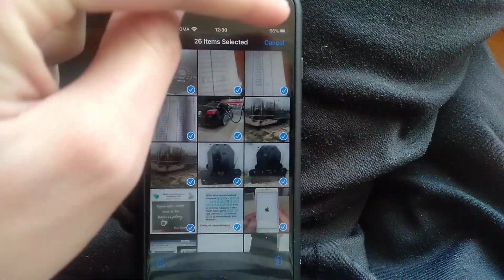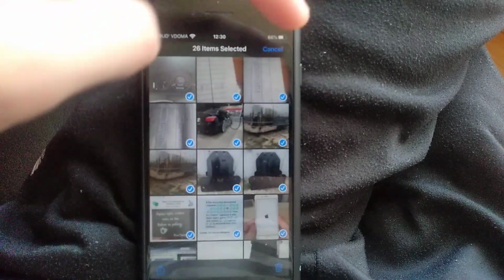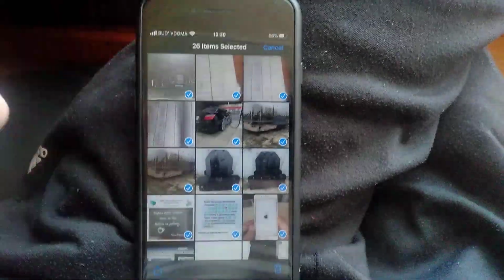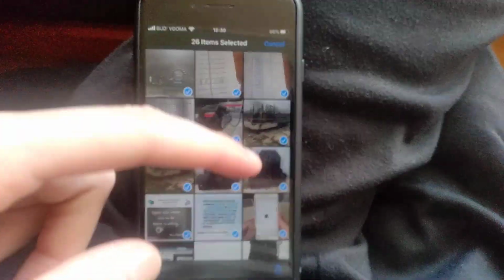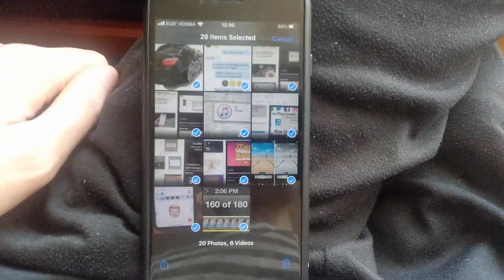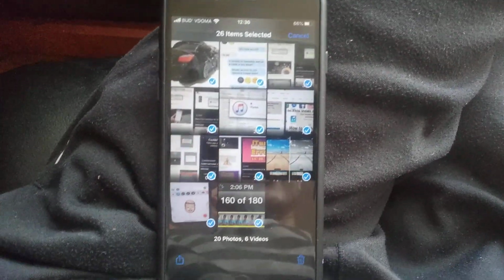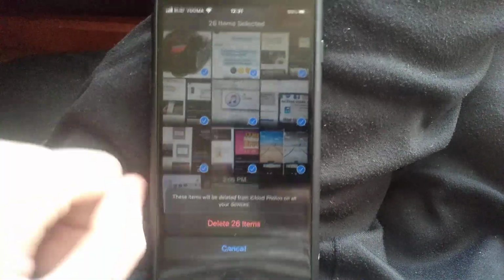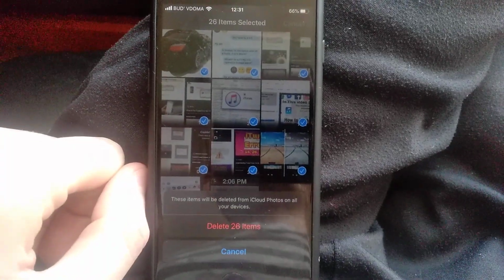to the top and just click with second finger on this tab when you're scrolling up. So when you're scrolling up, just click with second finger on the right top here, and it will very fast scroll up all the photos. So this is how it works, and just click on delete and delete 26 items, and after you do